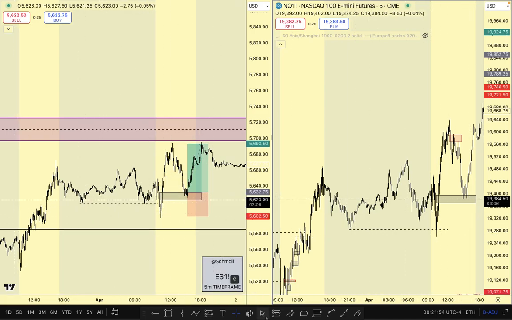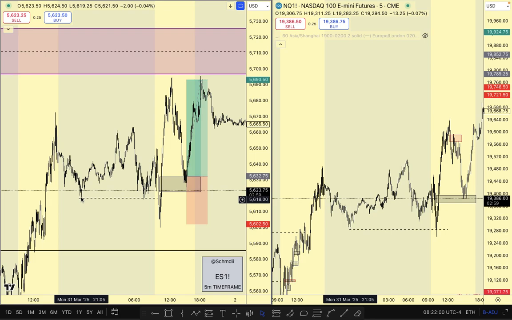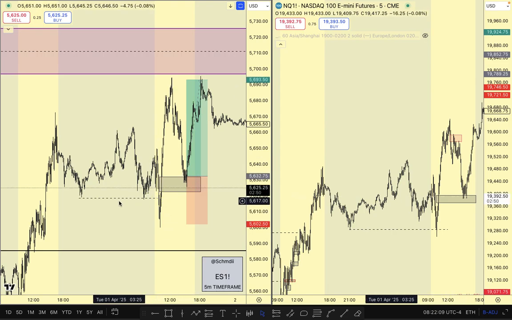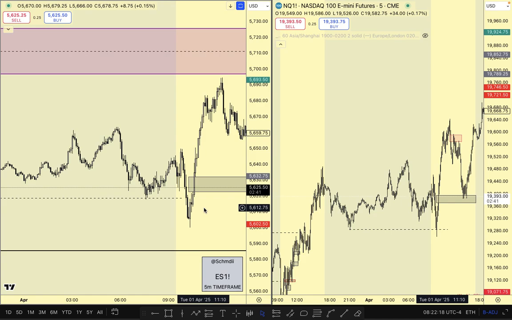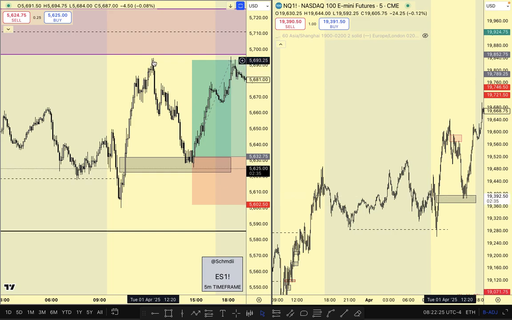So let me put this on. Cool, you can see that. That's perfect. On the ES, we had relative equal lows. Price purged down through them during the AM session and then pushed straight up. Once we pushed up, we took out the sell side liquidity, had a market structure shift by taking out that short term high, and price pushed up within the run that took out the sell side. You can see we had that fair value gap open up, went up to the top, and then